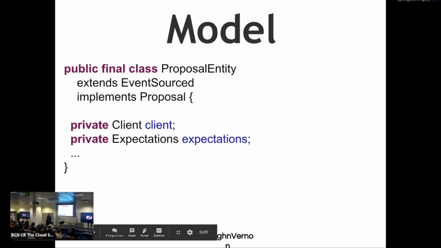And we have a client with expectations. And when a proposal is submitted, we need results from a pricing context. We need results from a profiles context. We need results from a scheduling context. We don't know if and when any of these will complete, but what we do need to know is, as they complete, how do we disregard knowledge that we've already gained?